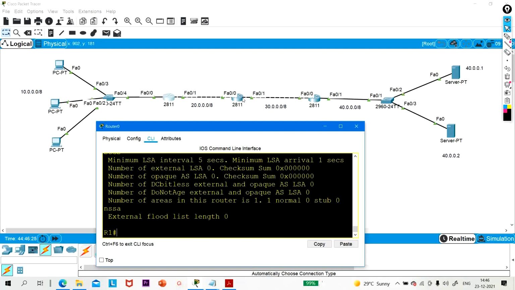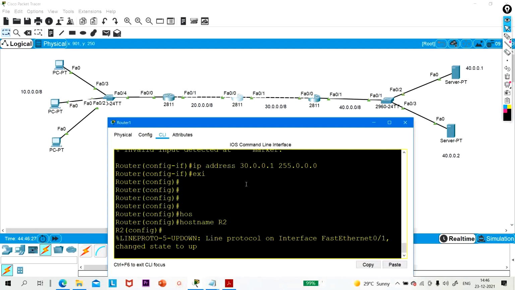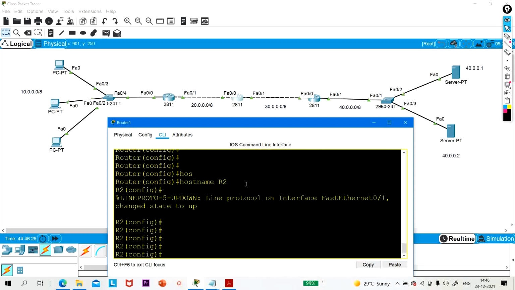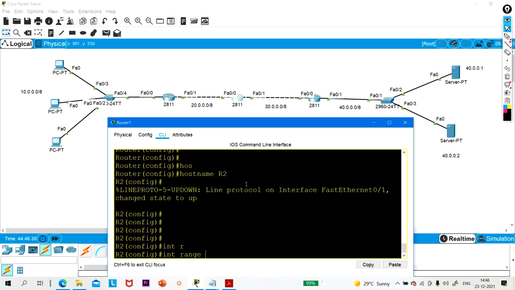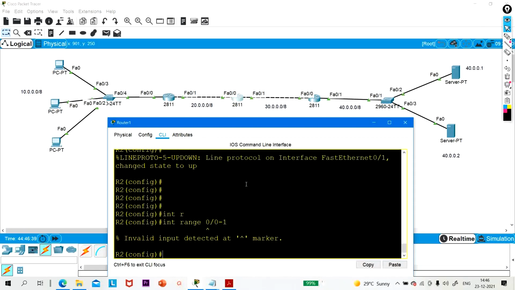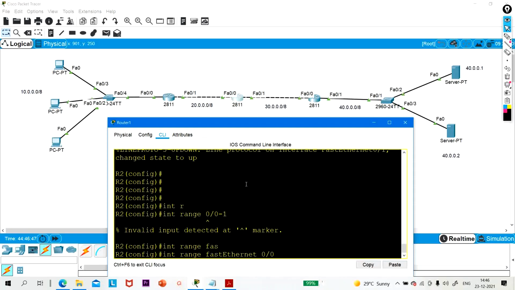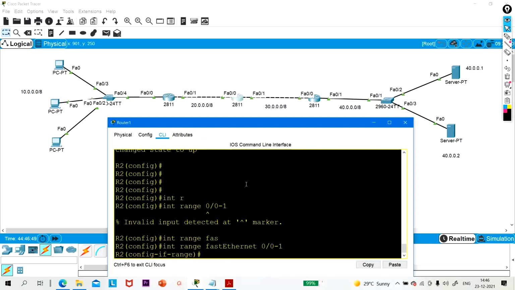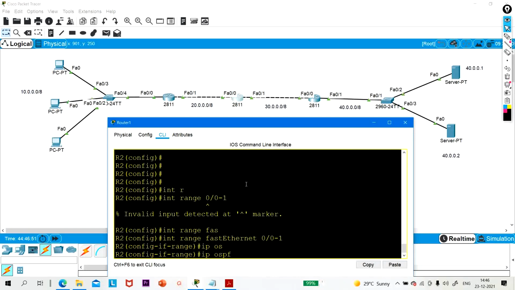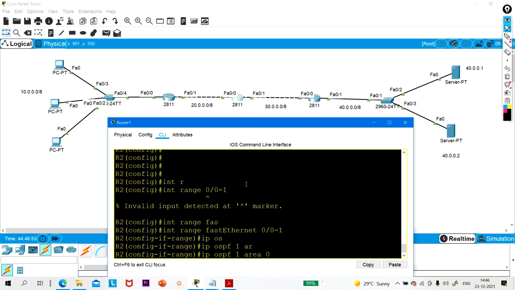Now let me configure OSPF on R2. To configure OSPF on R2, I have to go to interface range FastEthernet 0/0 to 1, ip ospf, process ID, area 0.